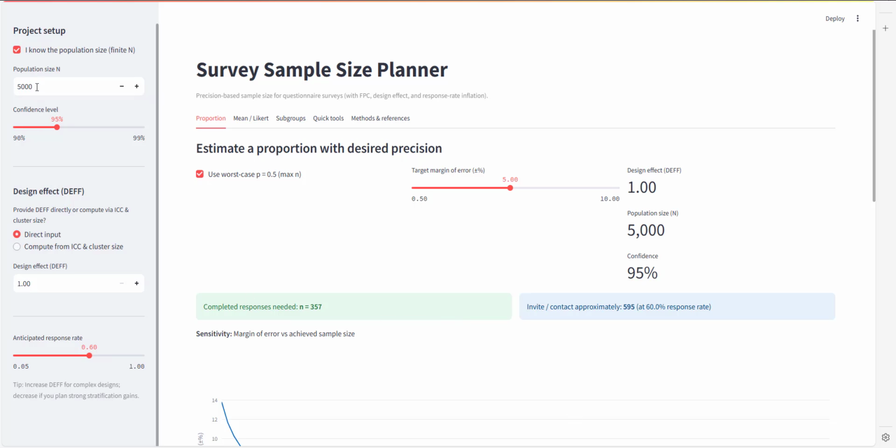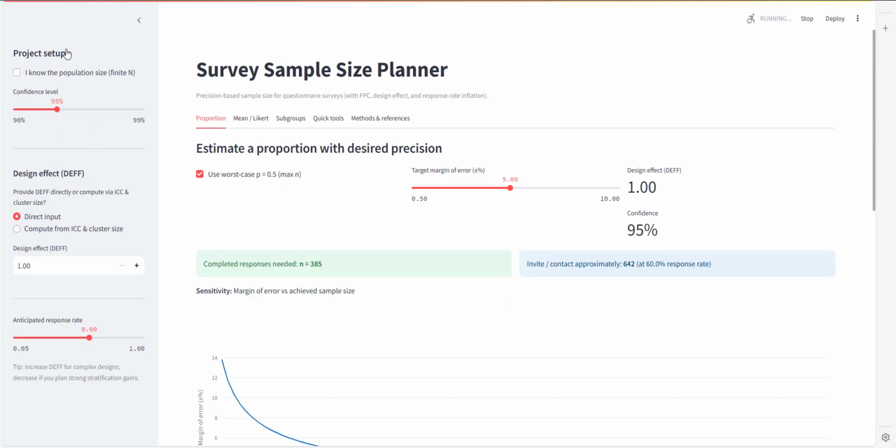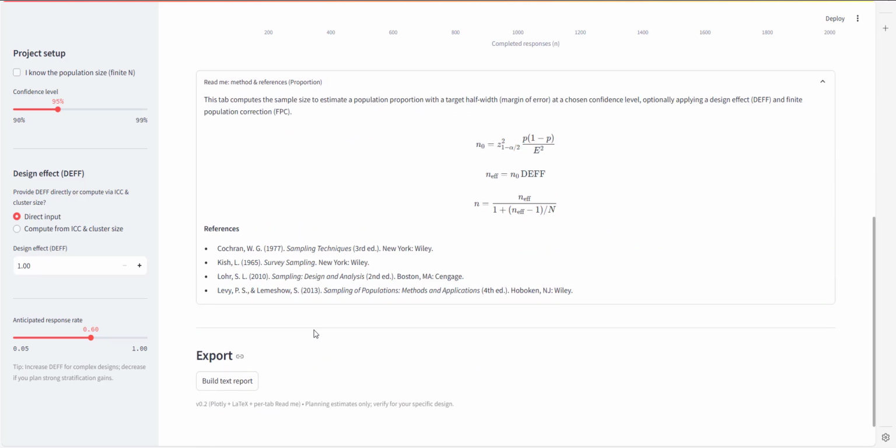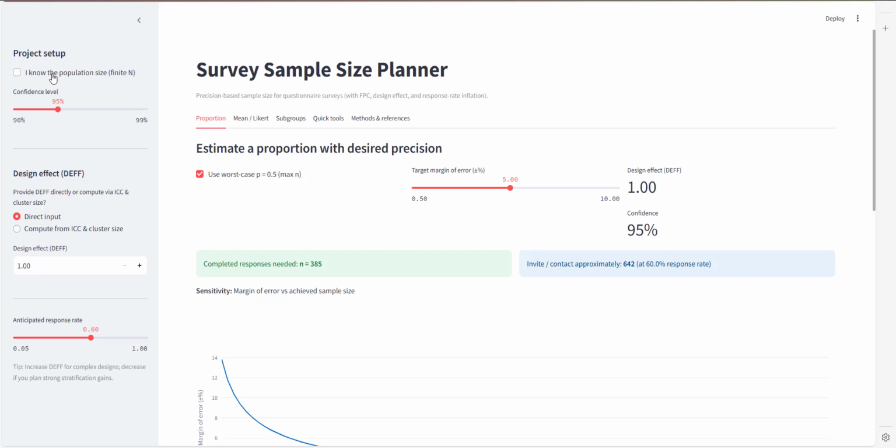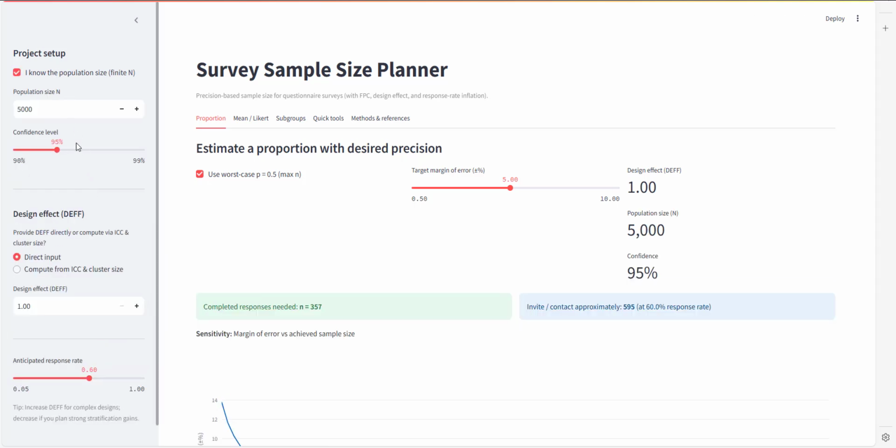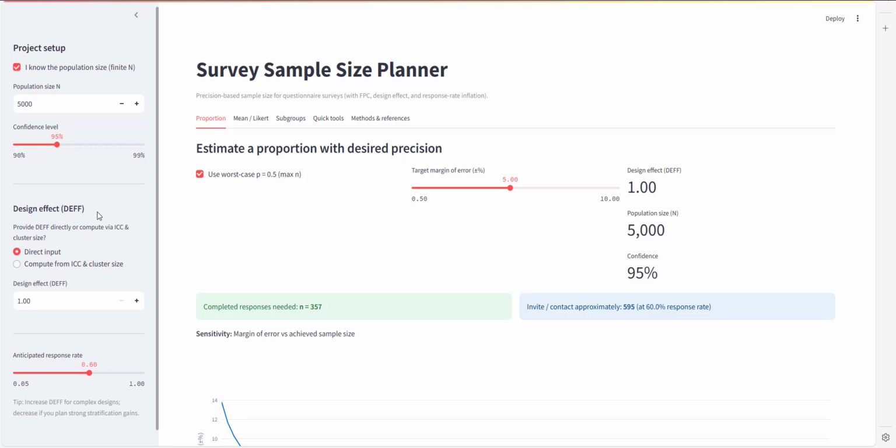So you start with the population size. Let's say you can set any number. I start with 5,000. You can make it unknown if you don't know yet. Then it will update the response automatically. So let's say we know the population size and then we stick to a specific confidence interval, and then